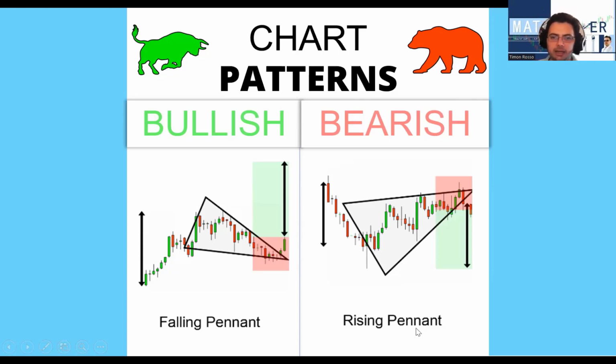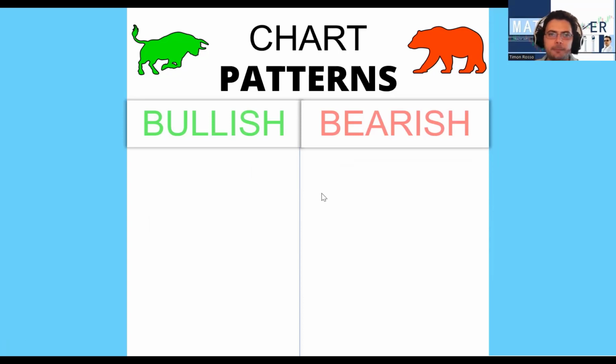Then you have the rising pennant, where you have a downtrend. The price then moves in a triangular formation up, and it forms a pennant formation, and then the price breaks below the rising pennant. Once that happens, you've got your levels. You've got your entry, which is immediately the open price of the candle that opened below the rising pennant. You have the stop loss, where you're putting leeway in case the price does decide to move up again. And then you've got the take profit, where the price will continue down and you will bank your profit.